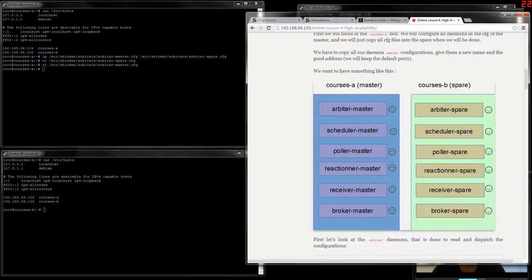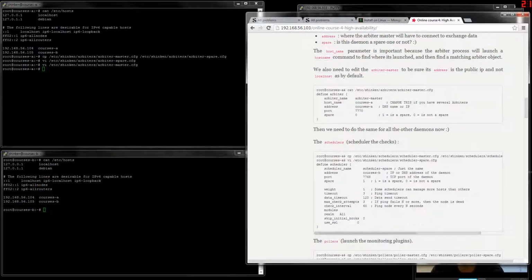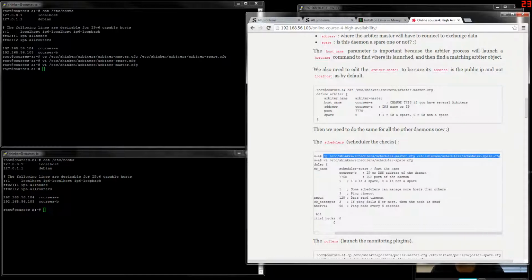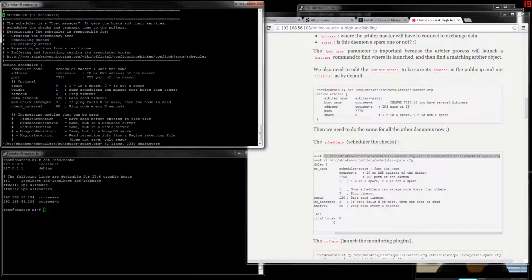So we will do the same for all the daemons: scheduler, poller, reactionner, receiver, and the broker. Let's go. It can be a bit long, but we need to do this only once. We edit the configuration file only on the server A, because afterwards we will copy everything to the server B. So scheduler spare.